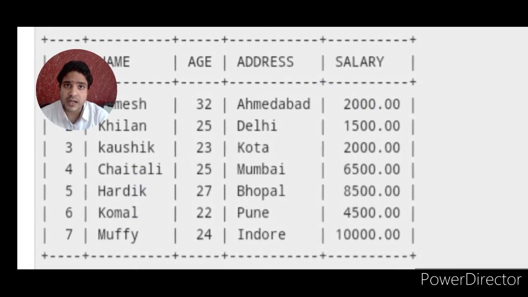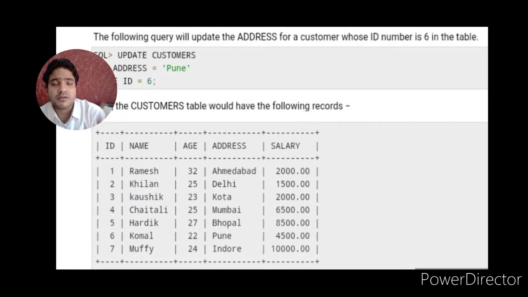All other values remain unchanged. So I am saying that if a selected row is to be changed, the condition will be applied. If all rows are to be changed according to the attributes, then there is no need for conditions. All values according to the attributes will be changed.